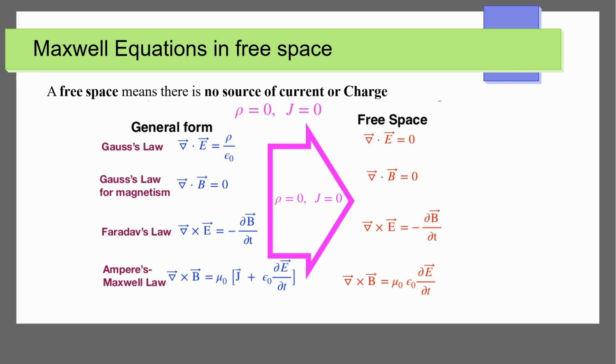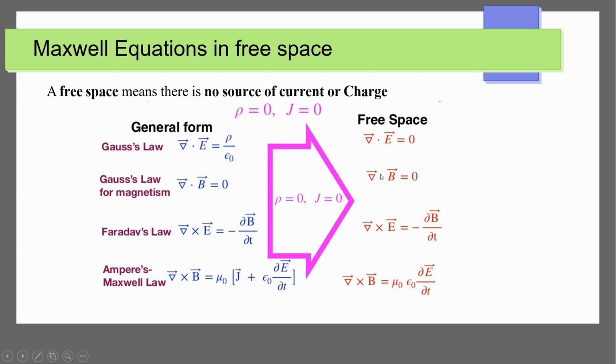Now we will be talking about the Maxwell equations in free space, where there are no charges or currents. This represents the simplest form of these equations, focusing on the intrinsic relationship between electric and magnetic fields. So as you can see here, rho, which stands for the charge density, equals 0, and the current density also equals 0, as we are in free space. Now as we substitute these values into their respective equations, we get new equations from their general form to these equations in free space. So from here we get that in free space the divergence of an electric field is